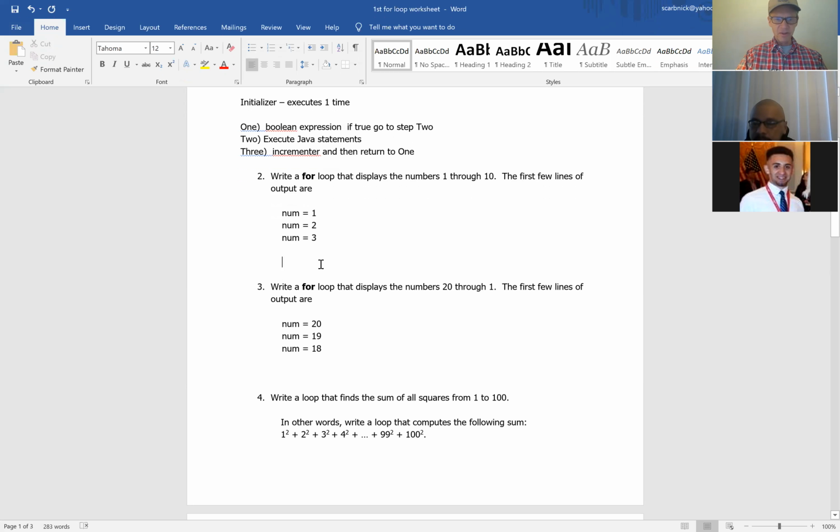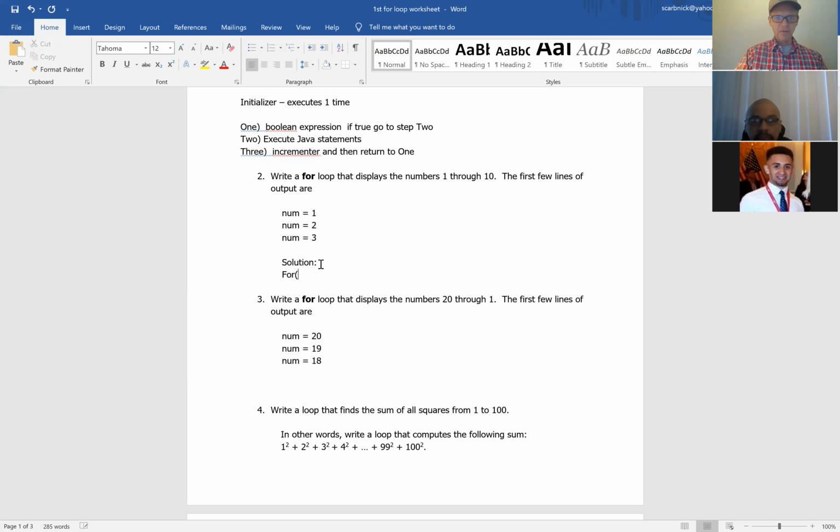Okay, so here's our solution, and I'll make sure a solution is posted for this whole thing this afternoon. So we use the keyword for, and then we just increment. It's really common to use I or J. I equals, so we'll just start at 1 in this case, because we're going to print out 1, 2, 3, and then it's I less than or equal to 10. And then our incrementer is going to be, because we're going in consecutive order,